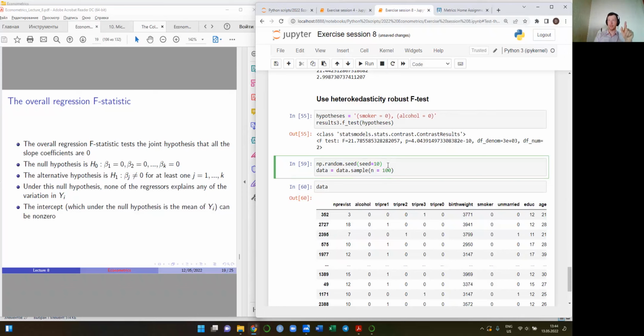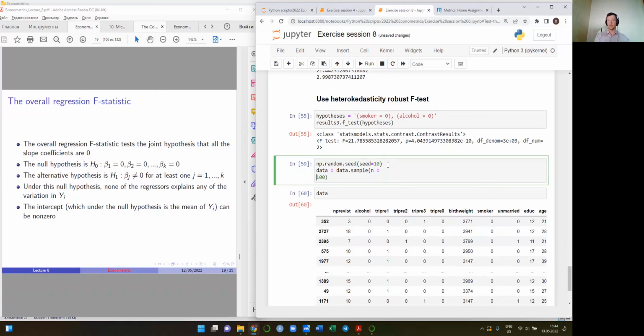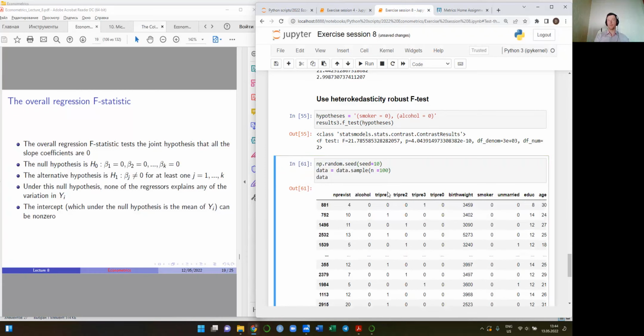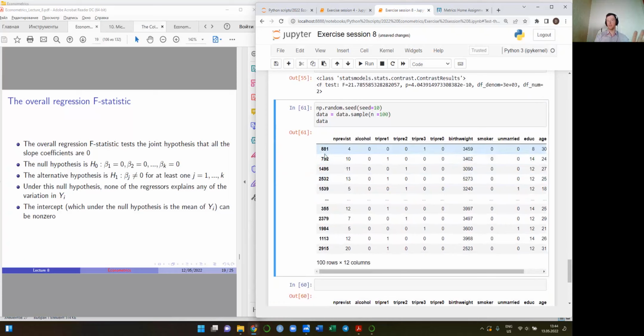Look what happens if I add this part of code. I run the sample, I extract the random sample, and from this random sample I have these observations, 881, 652, okay. If I rerun my sample once again,